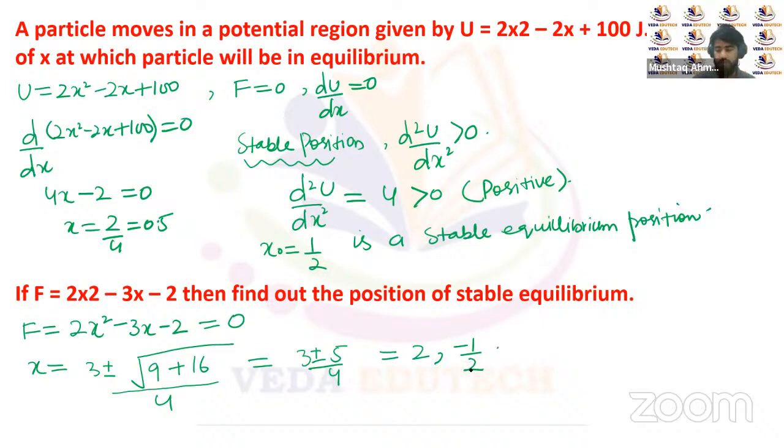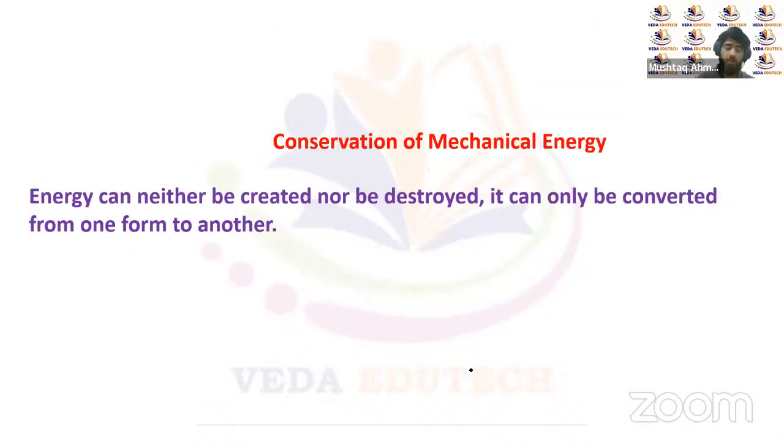One position is x equal to 2. Another position is x equal to minus half, right? Now let's try to see at which position the equilibrium is stable and at which position the equilibrium is unstable, right? For stable and unstable position, we'll try to find out the second derivative, that's d square